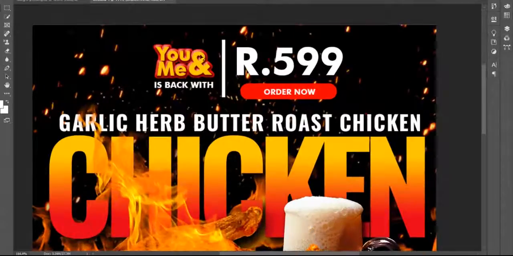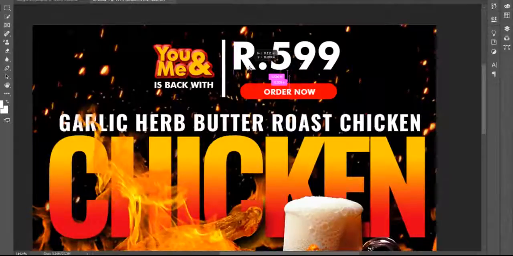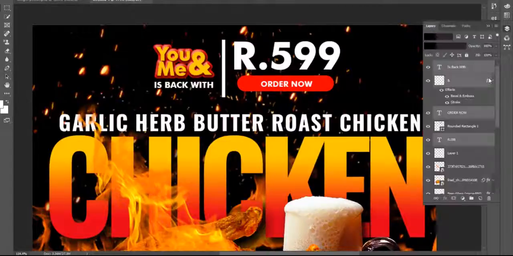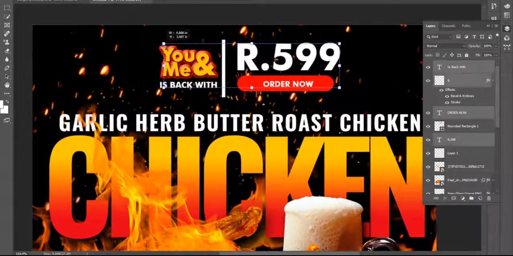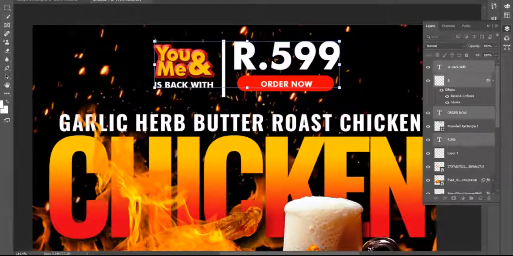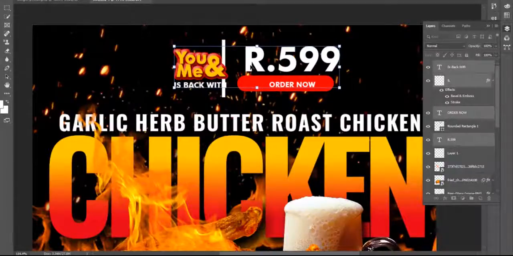So what I do, I arrange this one the same as this one, then select the order text and the rectangle. I select all the layers using Shift, go to the layer palette, and all the layers are selected. Then I go to Edit and Free Transform, adjust the size, it's fine.